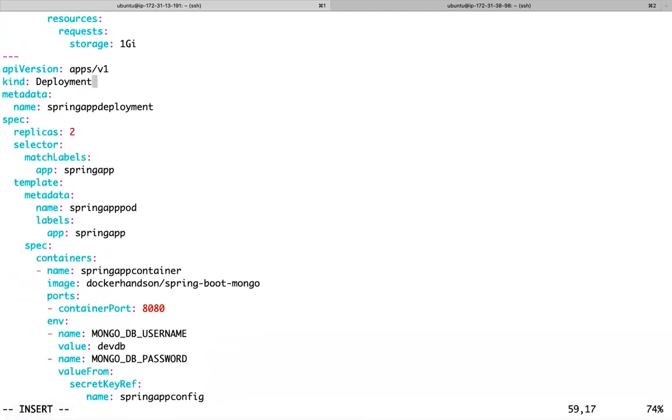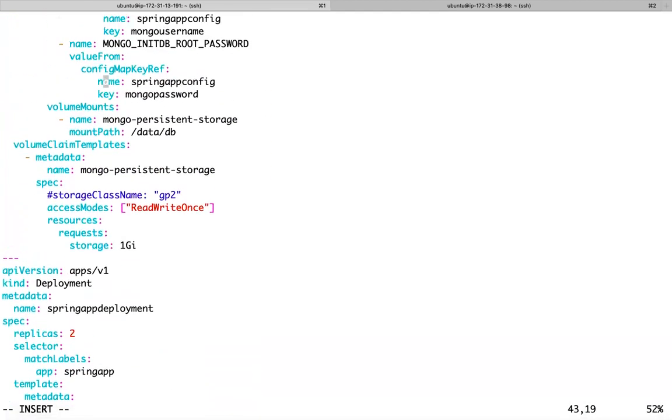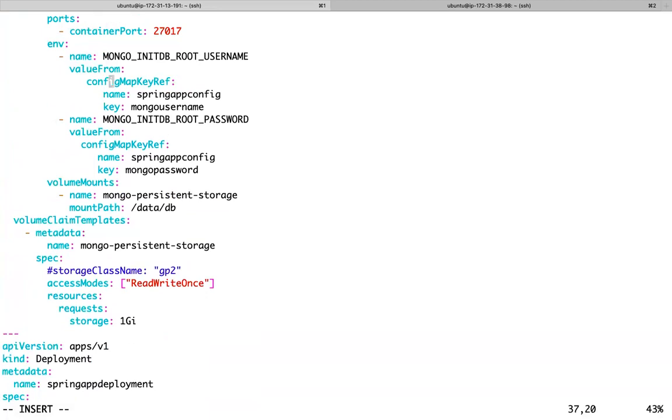But did I create a secret as of now? I'm trying to refer from a secret, but did I create one as of now? So I'm trying to refer to this one from a secret.